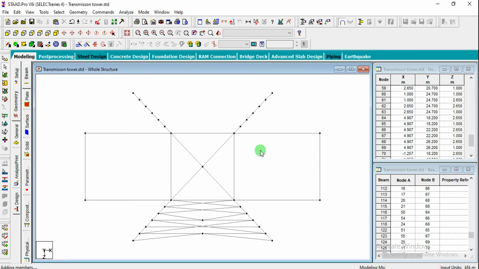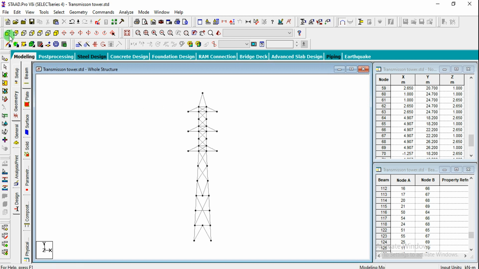So we got all the members here also, and the inclined members we have created here can be mirrored towards the back side. Okay, so just go for top view, like front view, and I'm going to highlight this total portion from here to here, and hold Control if in any case any member is not selected.